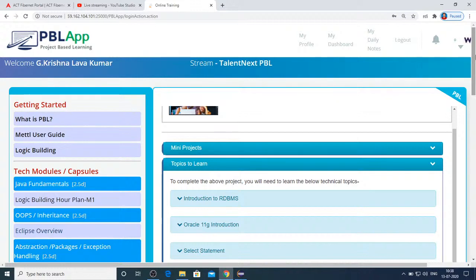So this is the definition of a key. It's an attribute or set of attributes whose values uniquely identify each entity in an entity set. And again, you have different types of keys like primary key, candidate key, super key, foreign key, alternate key, secondary key. Like this you have different keys.